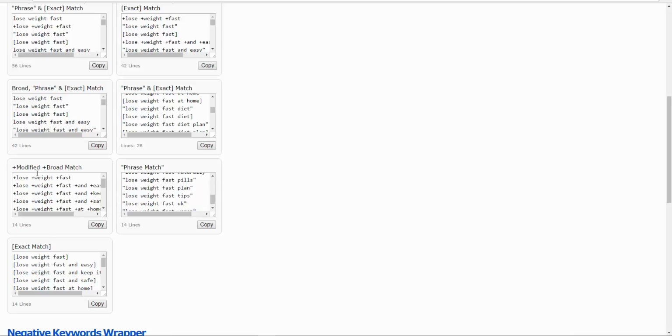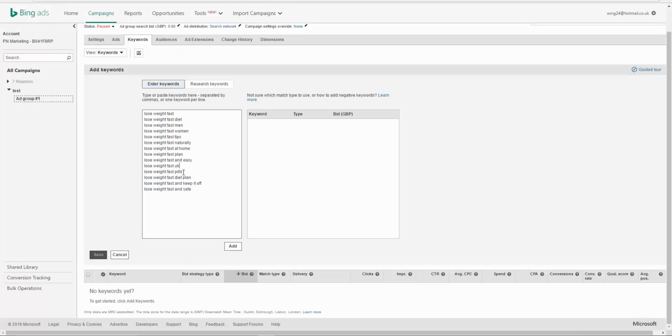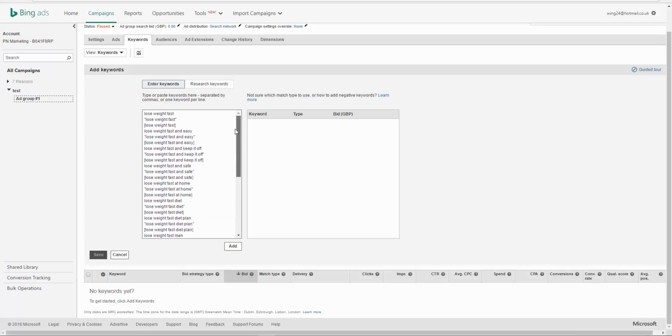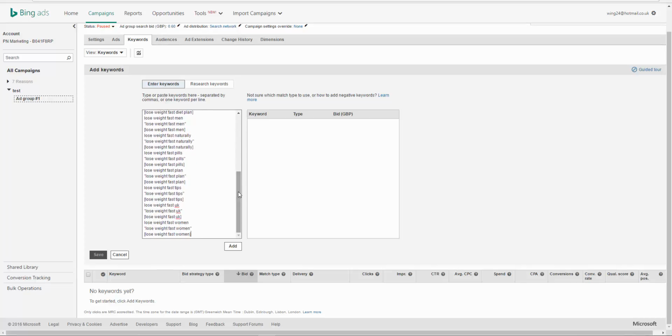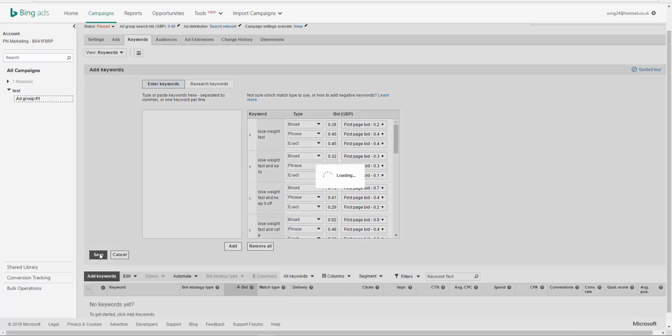Yeah, don't worry about the modified. All we want is the broad, phrase and exact match. So we go to copy those, come back over here, delete them. So now we have broad, phrase and exact match on all of those keywords, and you go to add. Yeah, don't worry about the cost per click at the moment, we'll sort that out in just a second. You go to save,